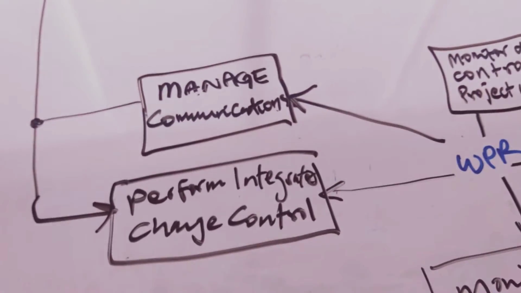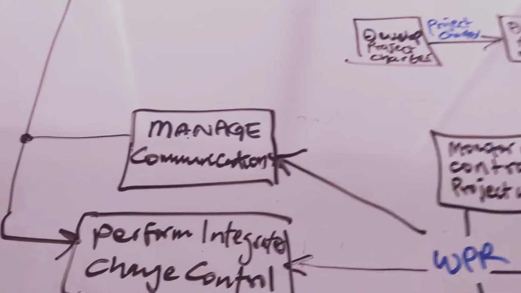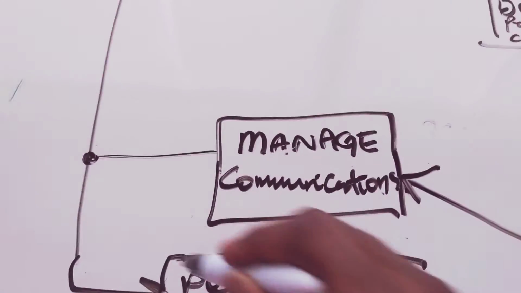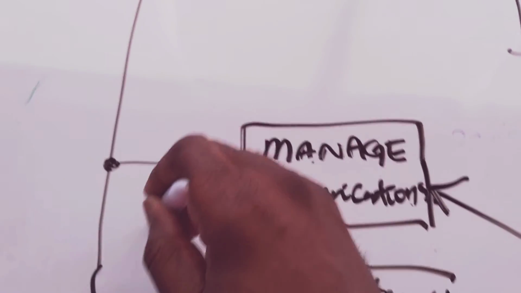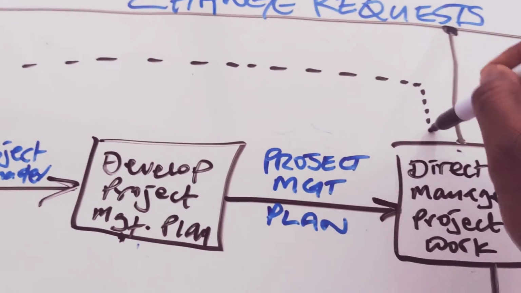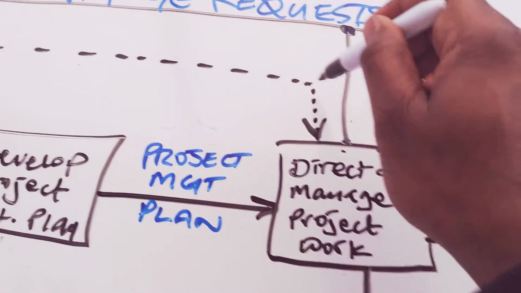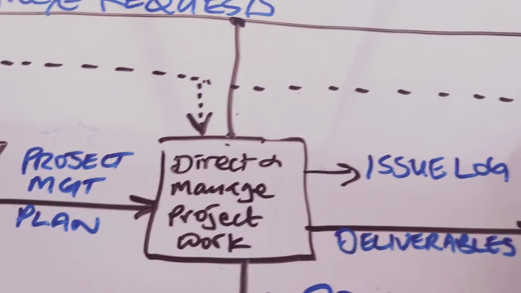And then what happens? A very important feedback loop. So let me show you that feedback loop from here. We have a feedback loop, and I'll just do it with dotted lines. We have a very important feedback loop that goes back into direct and manage project work, and that same feedback loop goes into